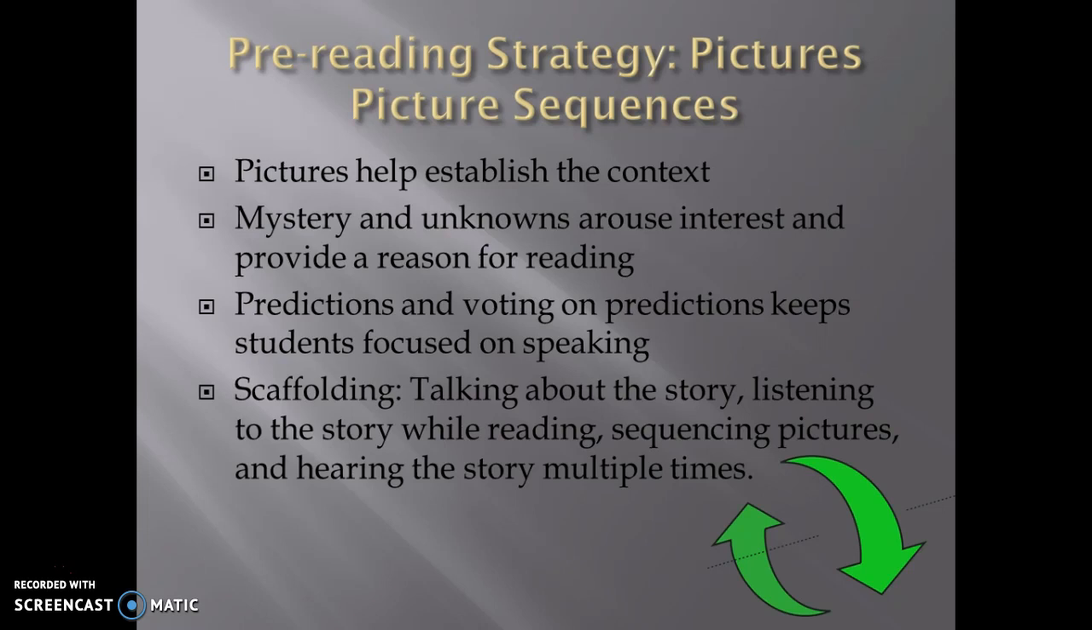One good pre-reading strategy is to use pictures and picture sequences. When you use pictures, it helps you establish the context and the students start getting interested quickly. You can add an element of mystery. Students can predict what the story is going to be about, and they can vote on their prediction, and